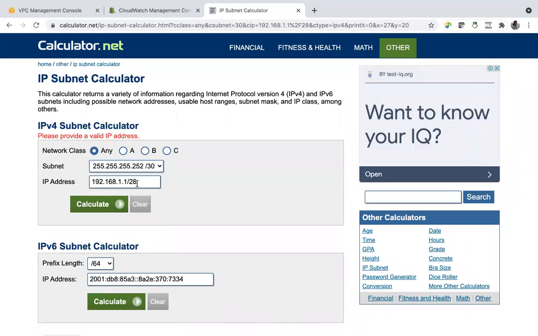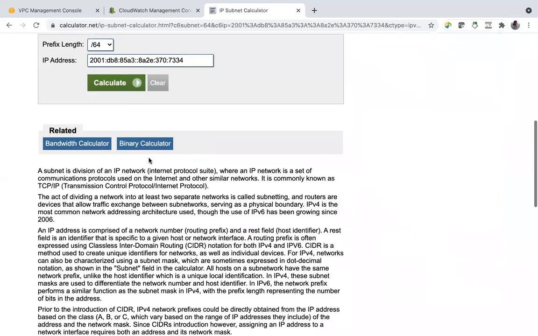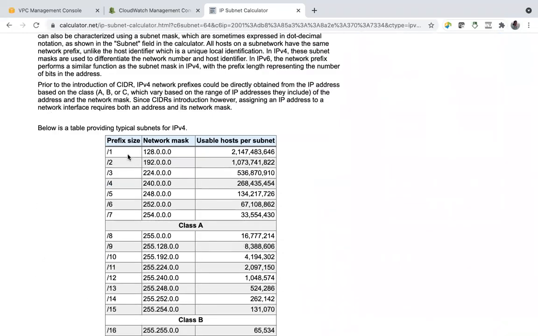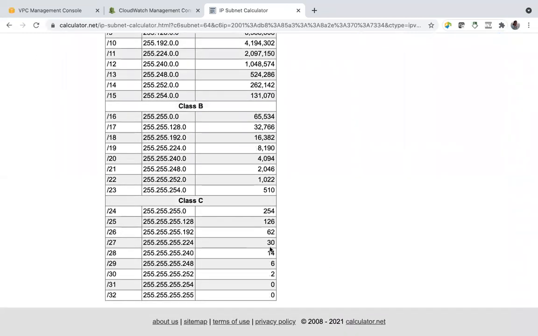So this is my IP, and let's say calculate. See, for /28, I can have 14 IP addresses. 14 IP addresses means 14 devices can connect.